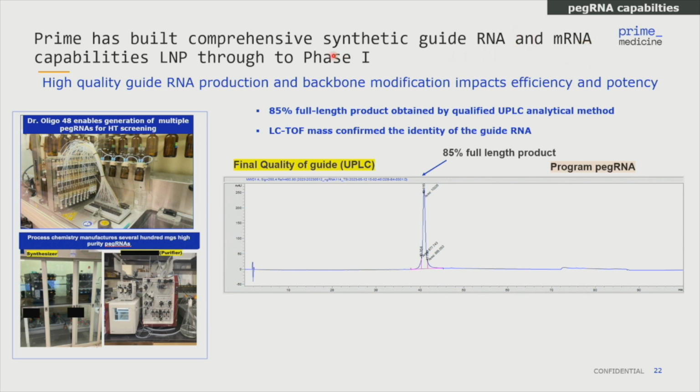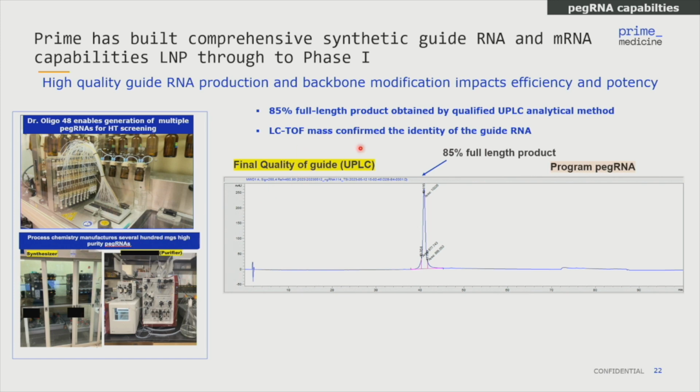We have incredible mRNA technology, and we're making LNPs that can work through to phase 1, and we're just showing you those data from the liver. So this is just one example where we're making these very long guide RNAs. Some of them are 150 to 200 nucleotides long. We're making them with these